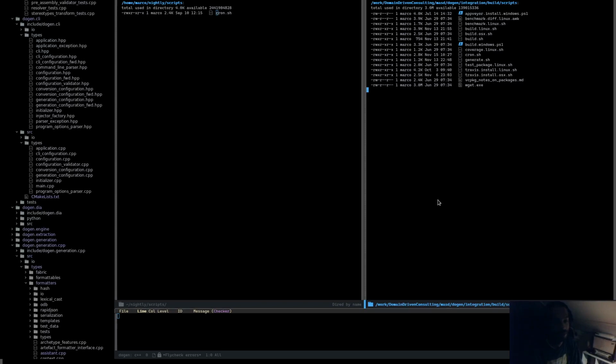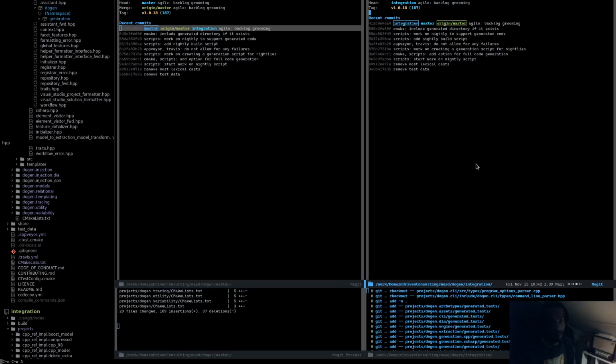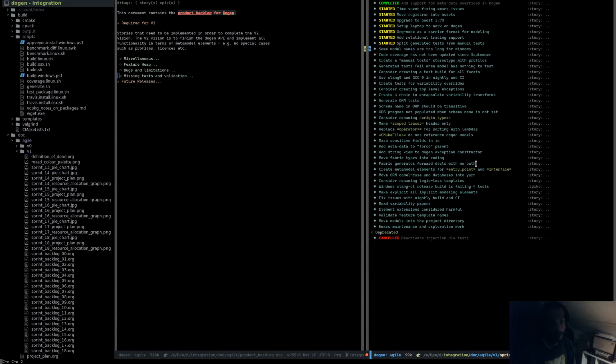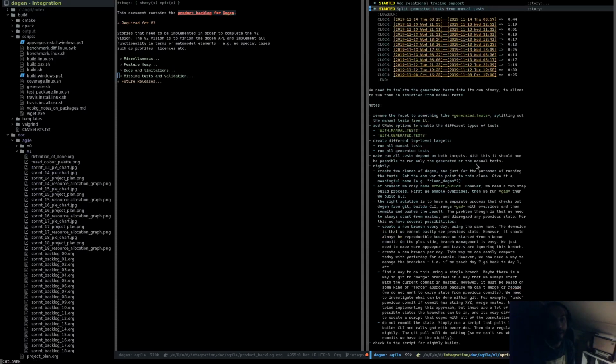You could do a pull and there's no commits. You could do a pull, there's some commits, maybe there's some kind of clash. It seemed, as a thought experiment, like an easy thing to do, but as always with software engineering, the best thing to do is to try to do it and see what breaks. And that session was quite a good demonstration that this is not a practical approach. So if we go back to our backlog,